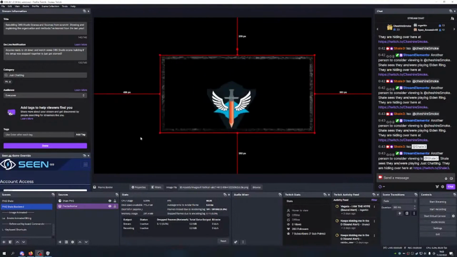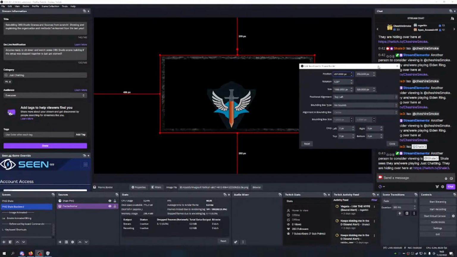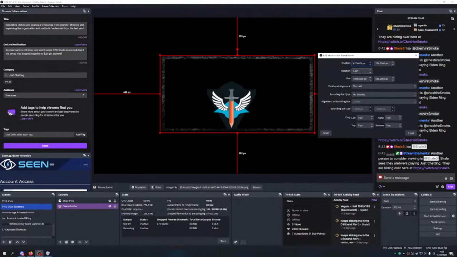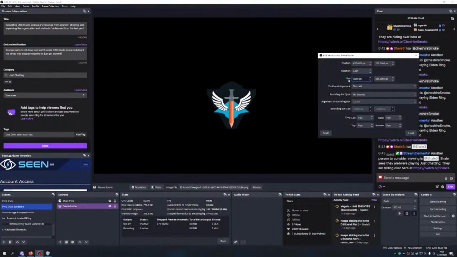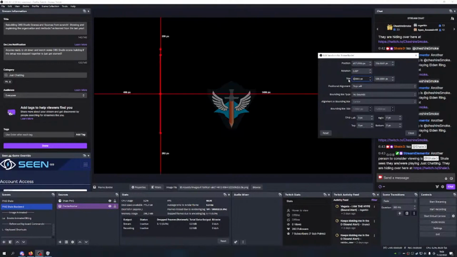Control Z, Control Z, Control Z. Okay, so transform. Edit transform. I know there's a way to do this without messing everything up. So position, I don't think position is size, maybe. So let's try like 950, 800 or 980. Try 850, 750, 650,